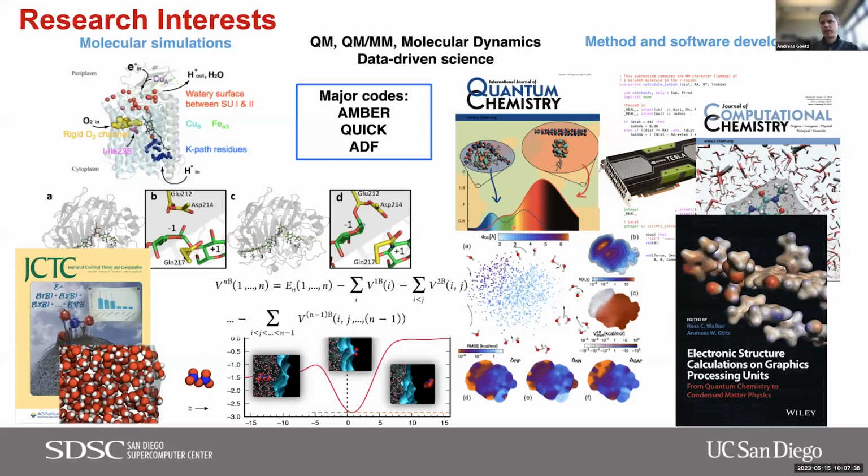Just to give you a quick background about what I do, I have a research group here at SDSC where we are working basically on molecular simulation methods and software development. A lot of what I do has been related to developing code for GPUs, graphics processing units, and then using those codes for simulations from atmospheric chemistry to biomolecular systems, both quantum mechanical and classical molecular dynamics codes. One of the major codes is Amber, and that's what I'm going to talk about a little bit